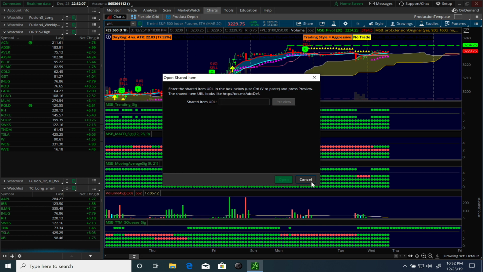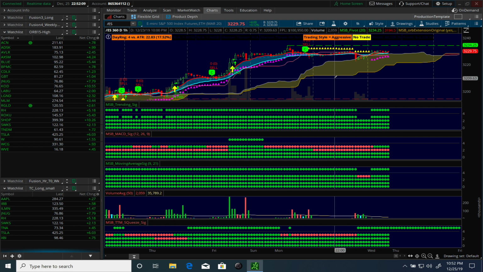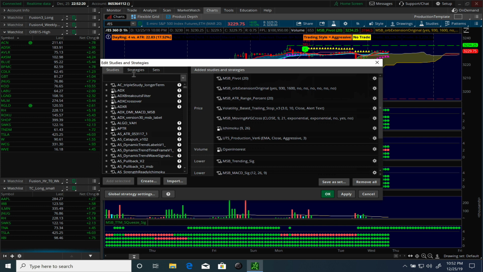replica of this template. Now, for those of you who already have the software, there are some minor nuances to it, and I just want to make sure everybody understands as they upgrade to this new version. So you click on this beaker sign, and what you have here is studies, and normally everything was part of the studies, right? But in this case, instead of studies, you would click on the strategy, and then I